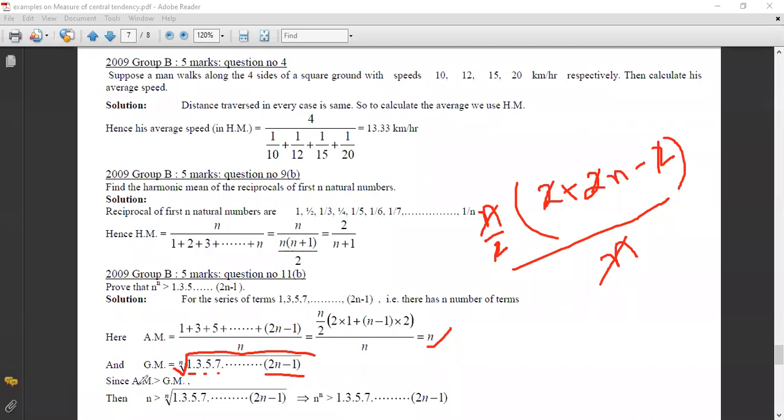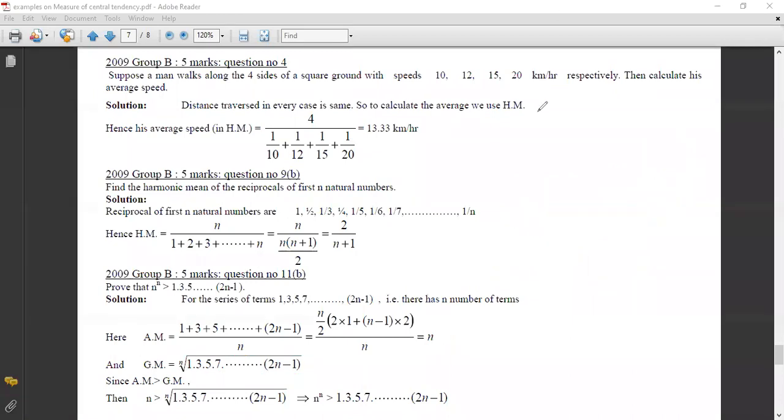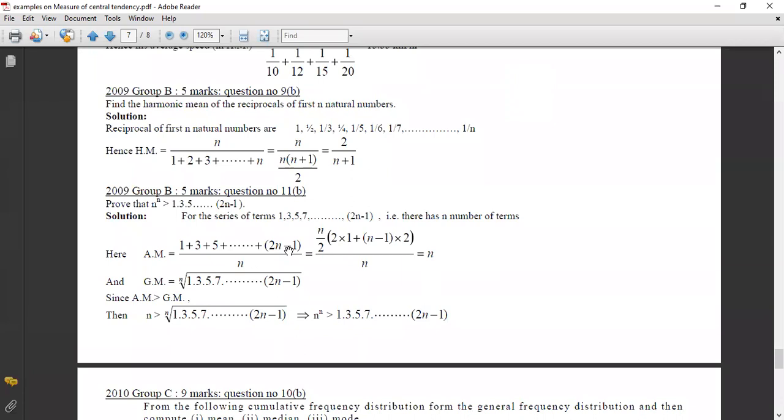And we know AM greater than GM. তাহলে কি দাঁড়াচ্ছে? AM greater than GM যদি ইউজ করি, what we have actually, AM means n greater than this GM. We know this GM. Now if we multiply both sides with nth power, for this expression we multiplied both sides with nth power. We use the formula AM greater than GM, and we know AM is equal to n and GM is equal to this. Now multiply both sides nth power.